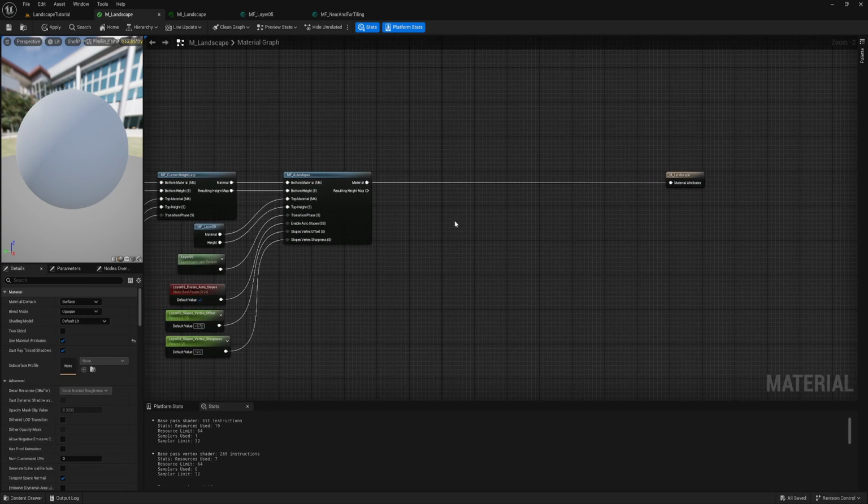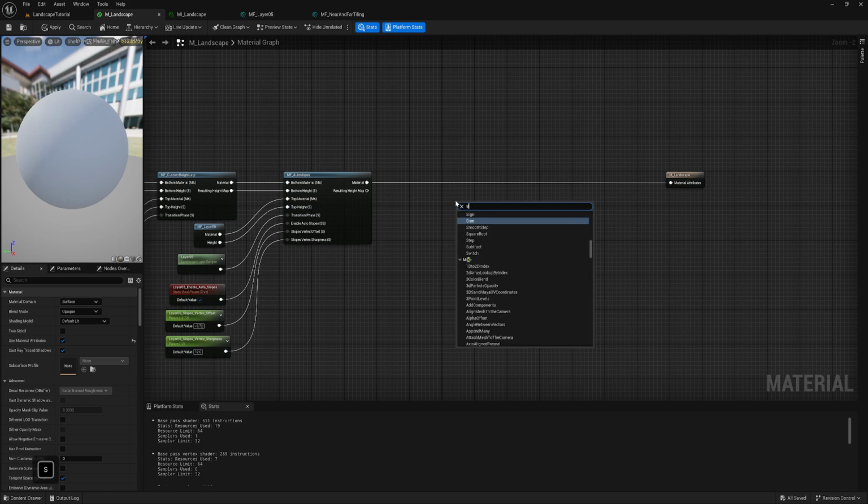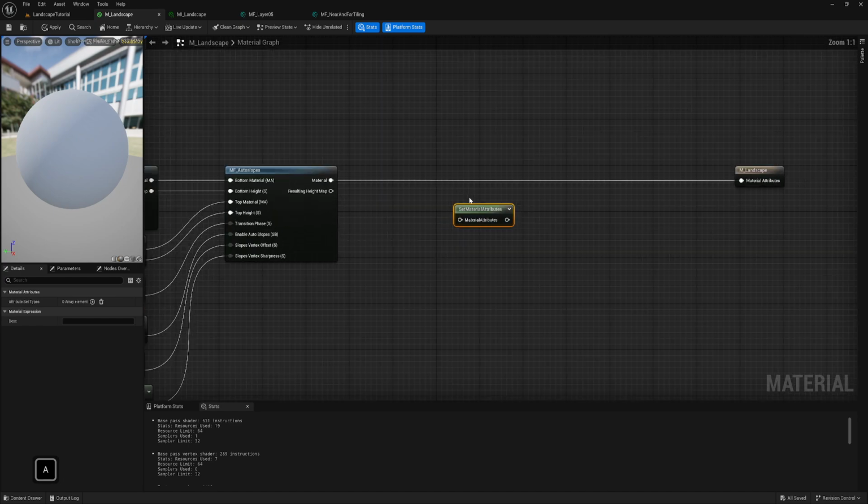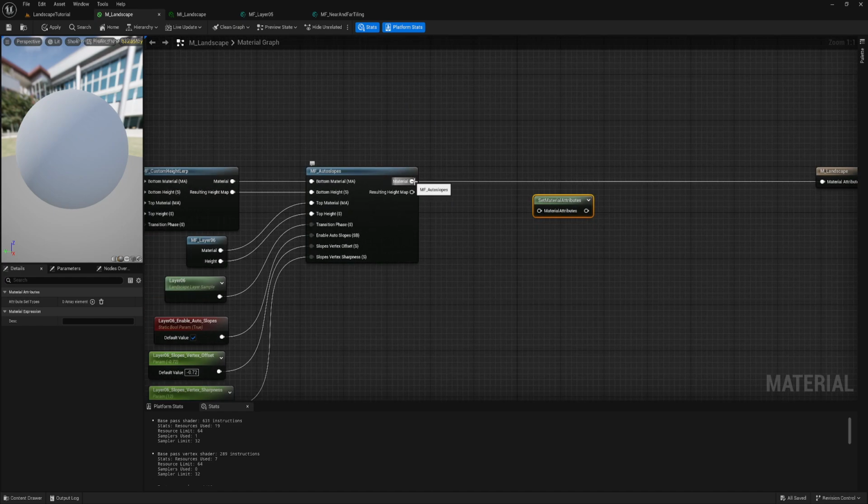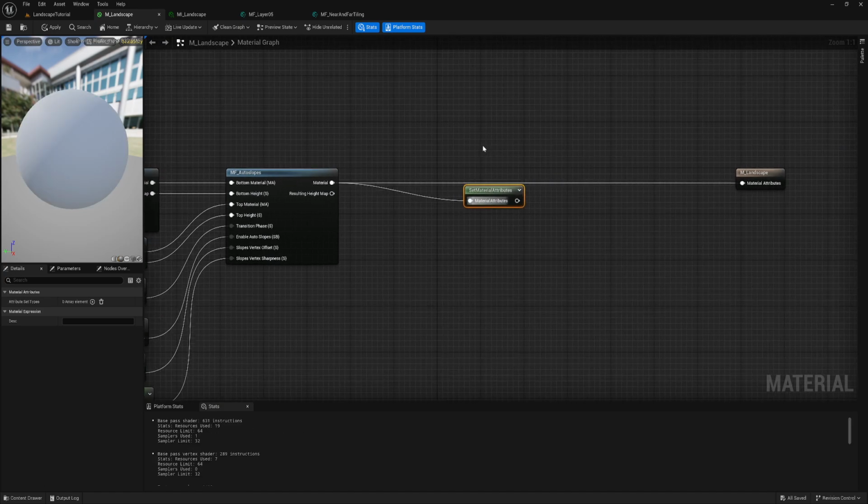And let's just add, yeah, set material attributes. So we have it looking like that. And all of that, it's a material. So we can already plug it into here. And then